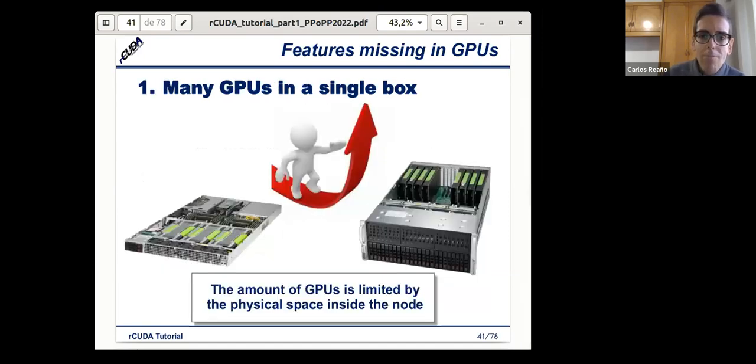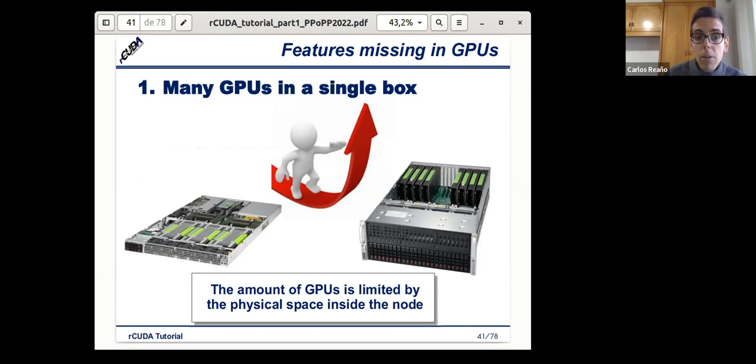Okay, so if we would like to put more GPUs in one box, in one server, in one node of the cluster, this will allow us to increase the computing power of that server, but we are limited. We are limited in space. We don't have infinite space in the box.